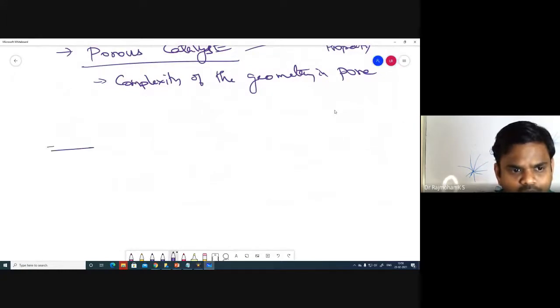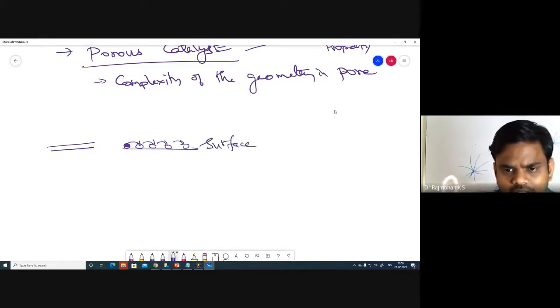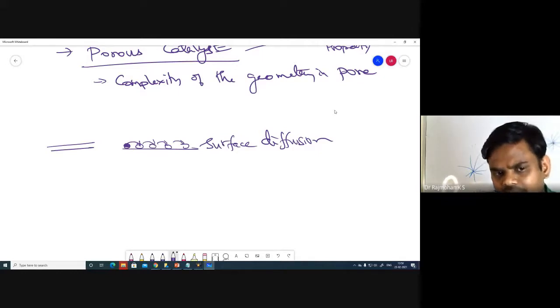One more thing we should know is how the diffusion is going to take place in the pores. One of the adsorbed molecules will be moving from one place to another place with respect to time, as I explained earlier. So surface diffusion is what is taking place, as we have seen. The type of diffusion taking place is not even Knudsen diffusion. When the pores are very small, we may be having surface diffusion.